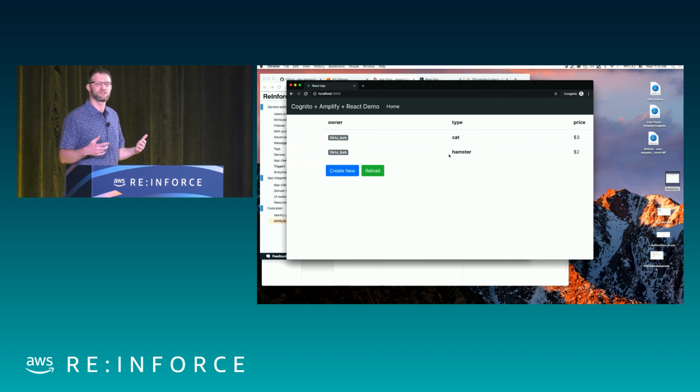And the authorization logic behind that user is that they can only see pets that they own. Okay, if they try to create a pet with a different owner, they'll fail. And now we'll go to,